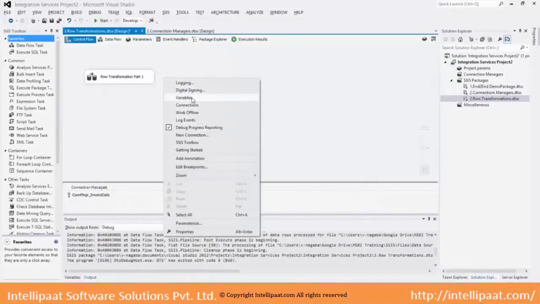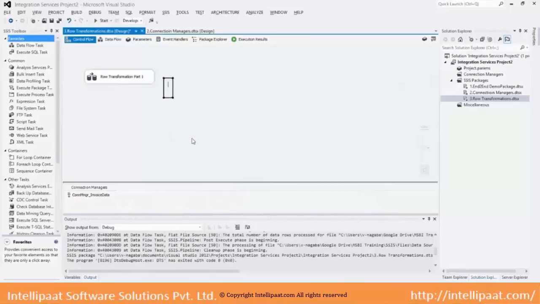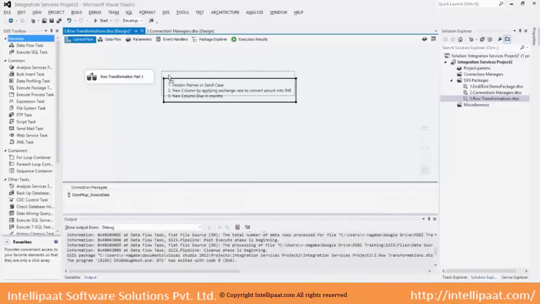You can actually write on this, make an annotation. This is what we are doing in this package, in this task.